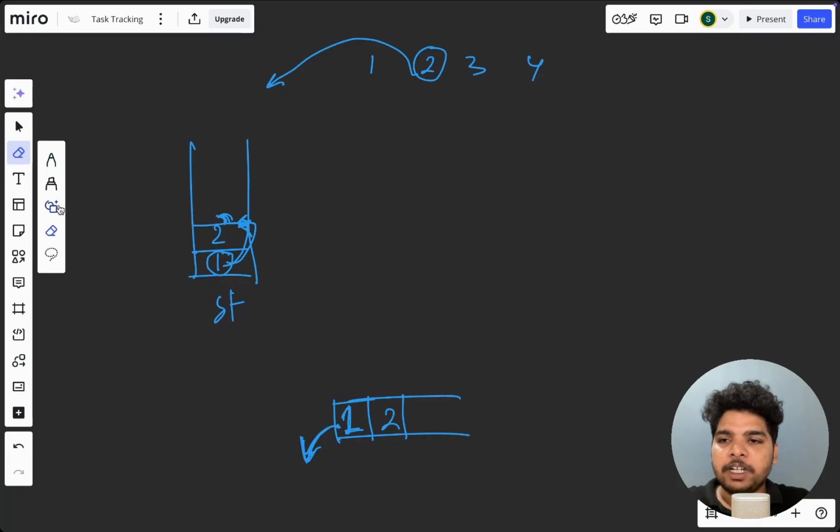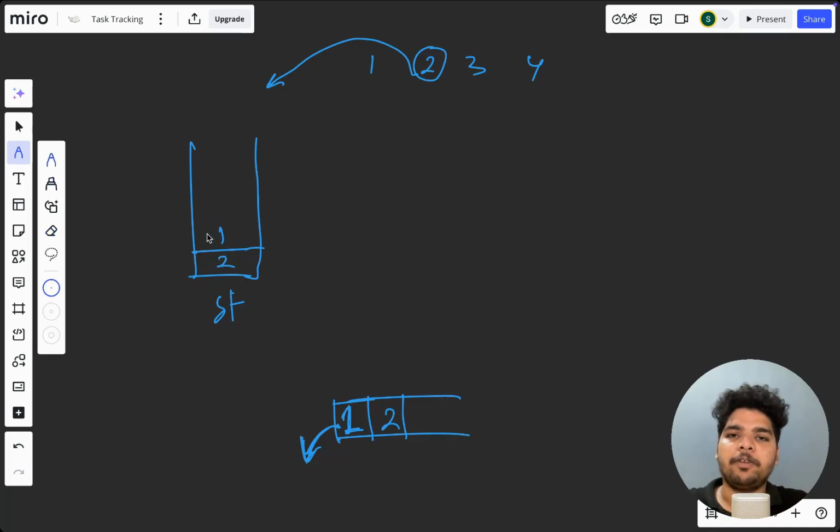So that means what I want, when I add 2 here, I expect 2 should be here, 1 should be here. Previously 1 was here, 2 was here, right? If we add 2 here, 2 will be here, 1 will be here, right? But I expect 1 to be at the top. How to do that? To do this,